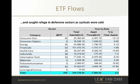And then we're looking at the different sectors here in the US, which have seen the inflows and the outflows. And again, it's really useful to have this in the back of your head, because if you know what other investors are doing, where the money is flowing, hopefully you'll make a better investment decision. And you can see here the biggest winner this year, where the most money has gone into, is utilities. $4 billion has flown into it, which is an increase in assets of 28%. So that's the big winner. The other big winner is telecoms,